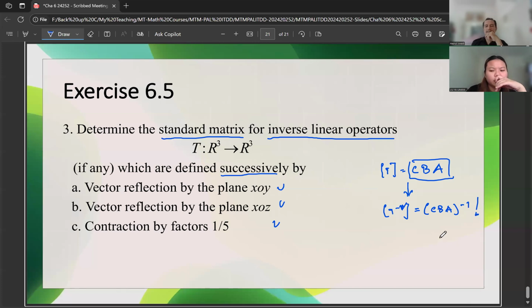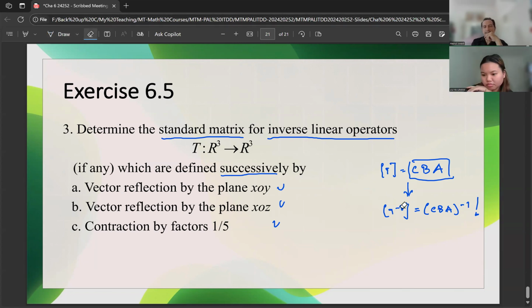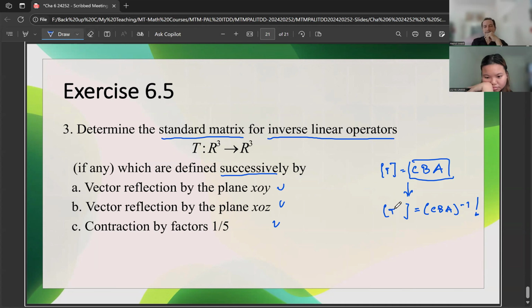Ya. Jadi cari dulu linear operatorsnya dari 3 operasi ini, kemudian dapatkan materi standar T-nya, terus yang ditanya itu inverse-nya, bukan T-nya. Nah, berarti kita inverse the CB. Okay, let's do it.